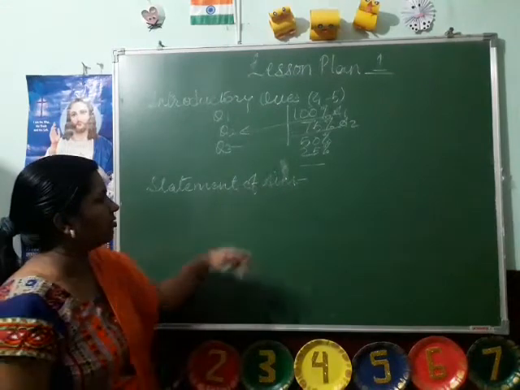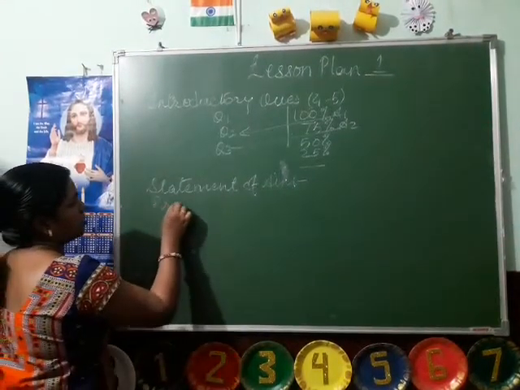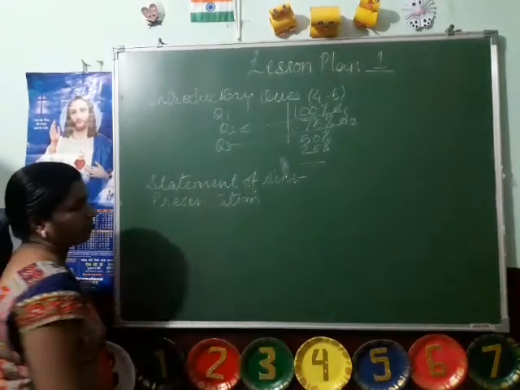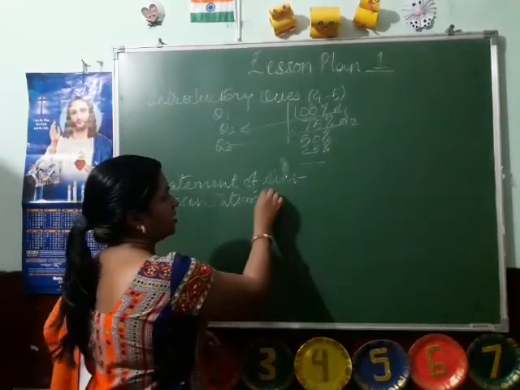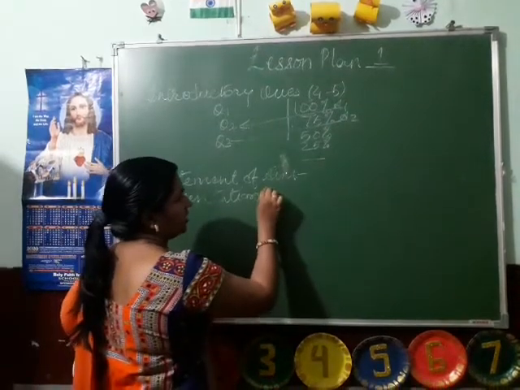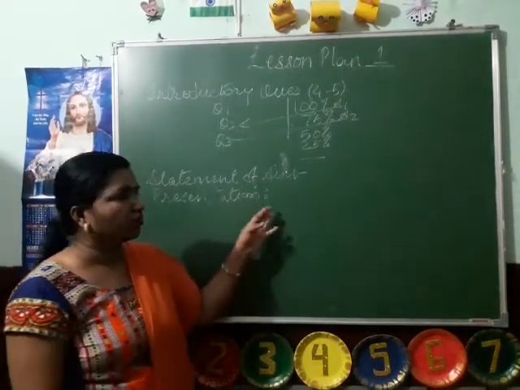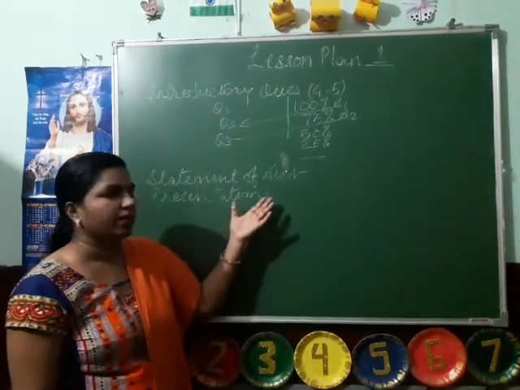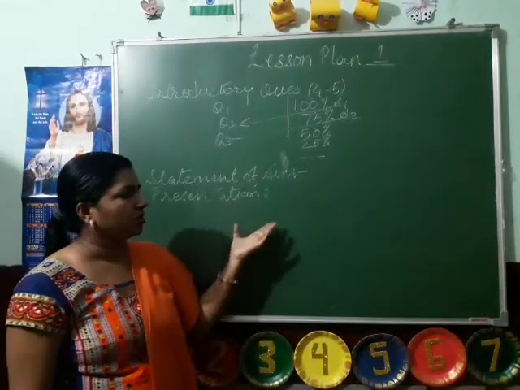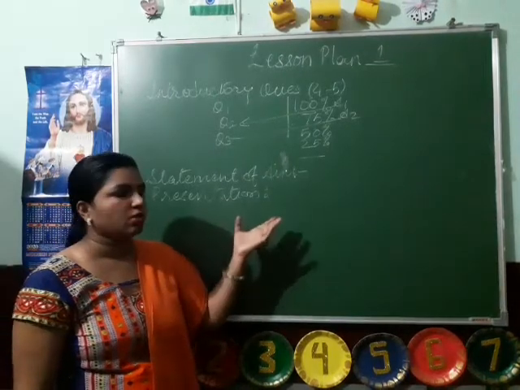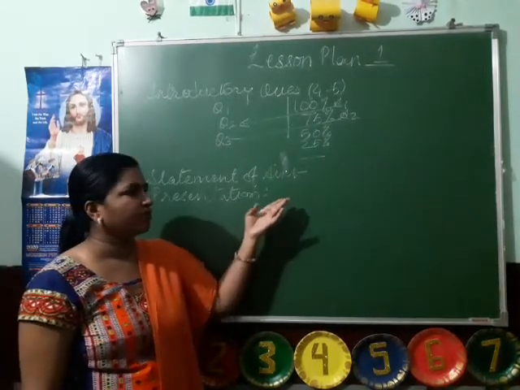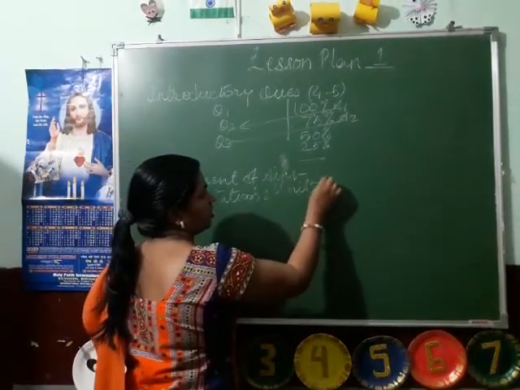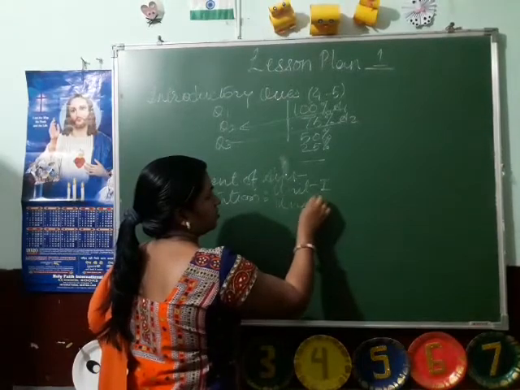After the statement of aim comes the presentation. Now in presentation, suppose you are dividing the lesson. Suppose it is a poem. Poems are generally very short at the school level, so you can teach them in 1 unit only. Suppose there is a lesson, a prose. Lessons are bigger, so you have to divide it into 2 units. So you have to write here unit 1, unit 2.